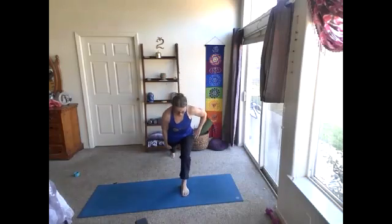Finding your lunge. Taking those arms overhead. Inhale. Exhale. Interlace the fingers behind the back or reach opposite elbows or wrists. Open that chest. Lift the gaze. Couple breaths here. All right, release. Take those arms overhead. Once again, as you inhale